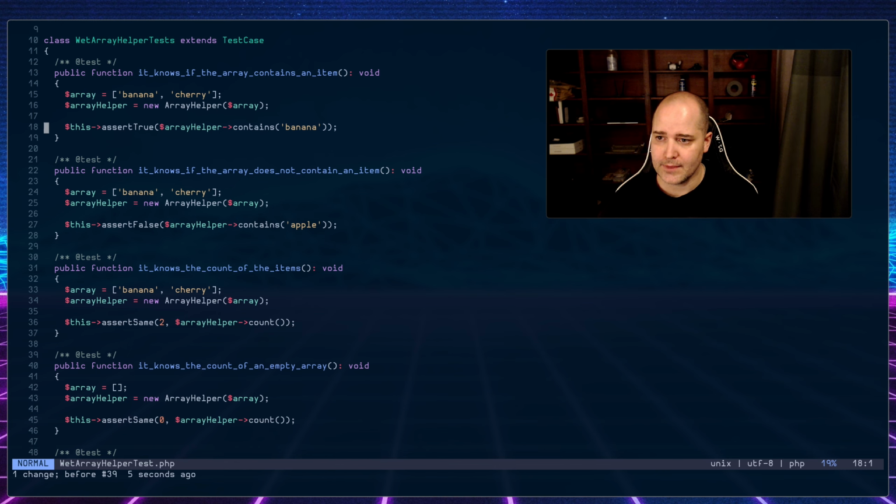If I look at this test, I can say, okay, here's the array, here's the array helper, and this is the method that we're checking. And I can see it knows if the array contains an item. It's all super verbose, but super clear, right? Not DRY, super clear. I've got the word banana there twice. If I misspelled this here, the test is going to fail. So it's not DRY, super easy to read. However,